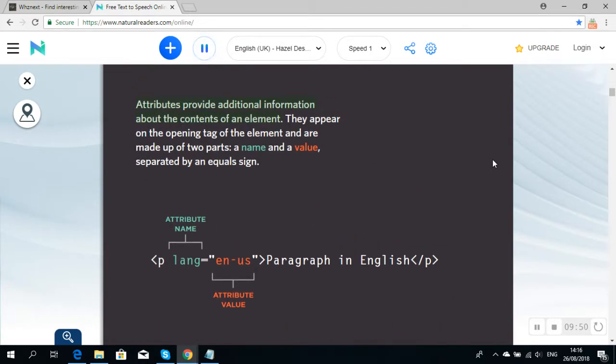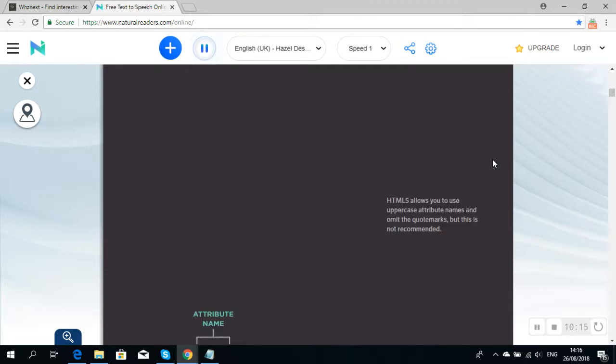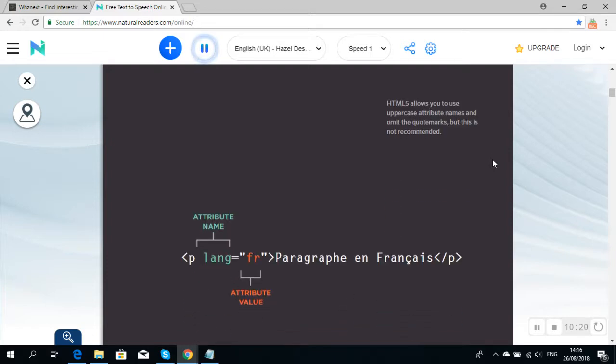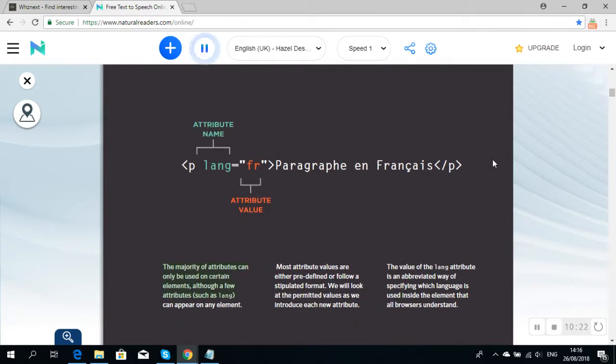Attributes provide additional information about the contents of an element. They appear on the opening tag of the element and are made up of two parts, a name and a value, separated by an equals sign. Attributes tell us more about elements. Paragraph in English. Attribute name. Attribute value. The majority of attributes can only be used on certain elements, although a few attributes such as lang